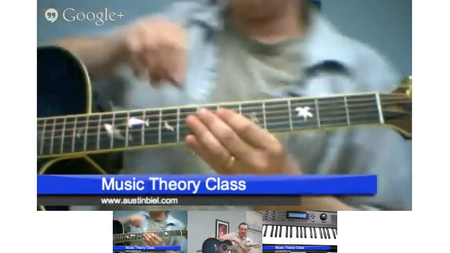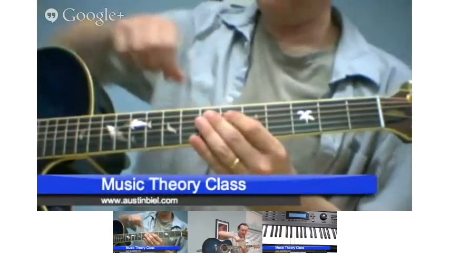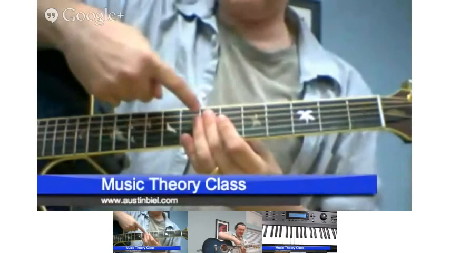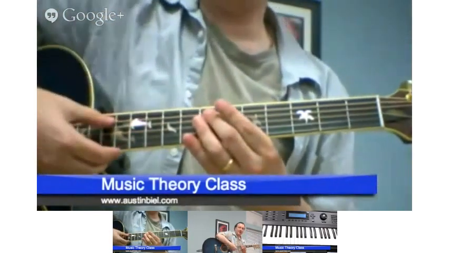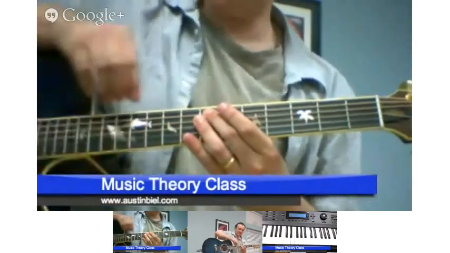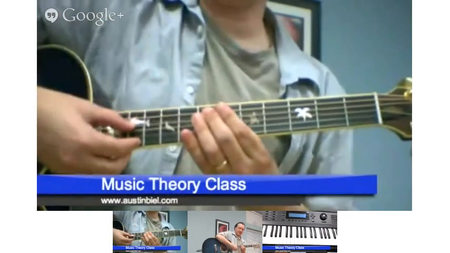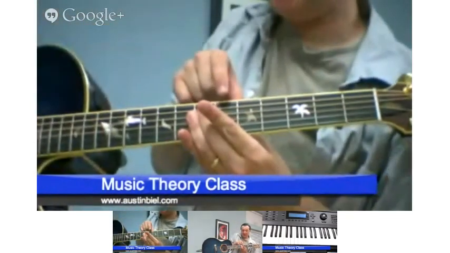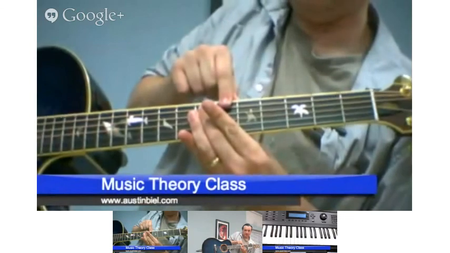But what's happening is I've got an E here, and on the A string at the 7th fret is an octave above that E. So I just went up an octave. So here's an E, and here's an octave above that. And then the next note in the riff is the tritone, which if I played it like this,